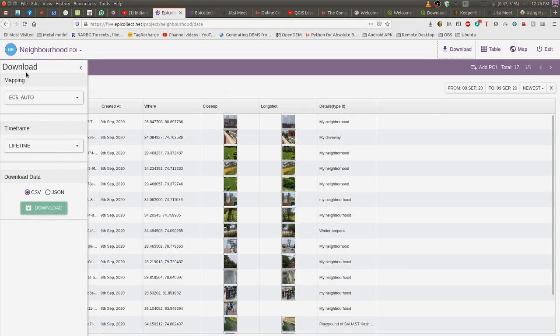You will be taken to this download dialog box, where this is the name of the table and this is the time frame, and we will select it as lifetime, or you can select it from data collected on a particular date. Now for us we are interested in the entire data, so let us click on this lifetime and click on this CSV, then download.